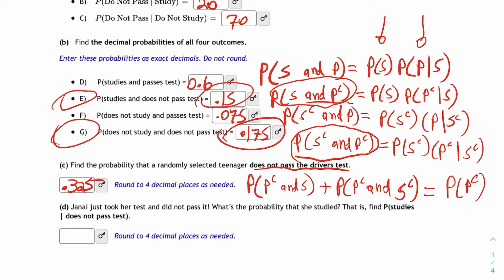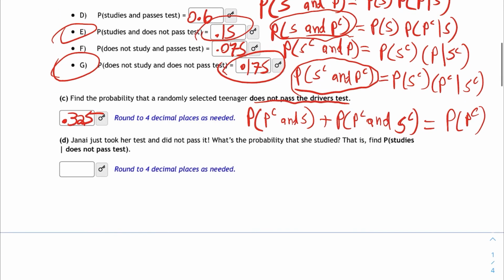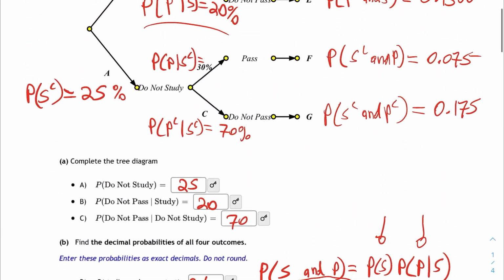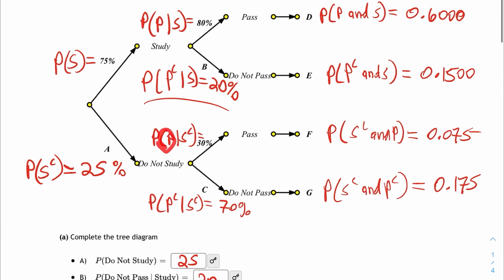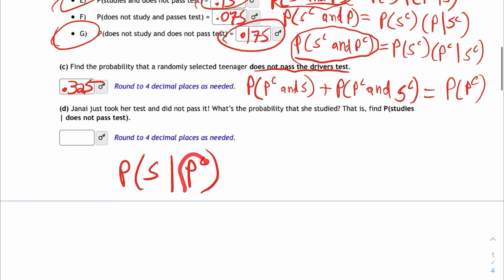And the last thing we're asked for is the probability that they studied, given that we know that they did not pass the test. Now, this is an inverted conditional, because in all the conditionals we have, the passing part came first, and the condition was that they studied. In this case, the condition is about passing, and we're looking for a probability of studying. So it's an inversion. And in order to do that, we use Bayes' theorem, but really we have enough information right here to do it,